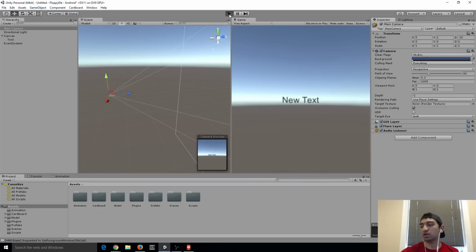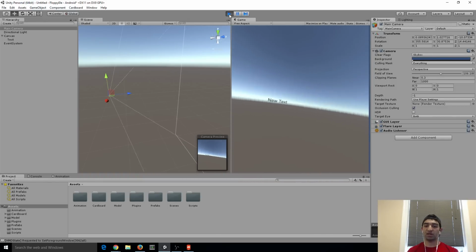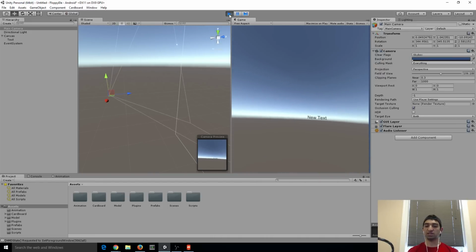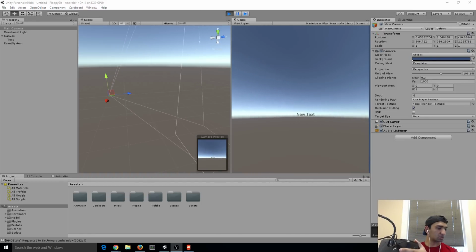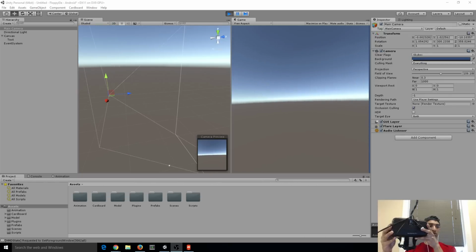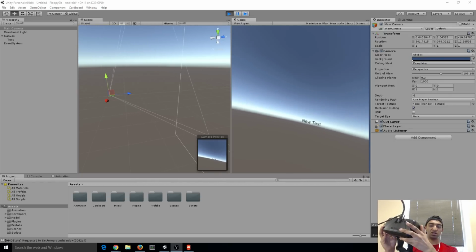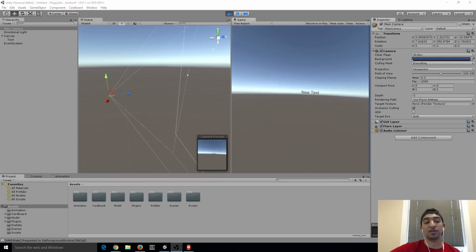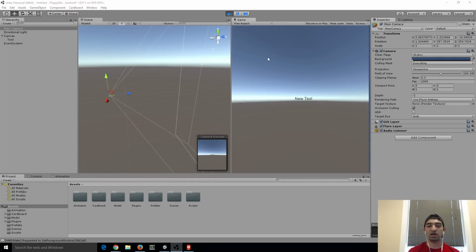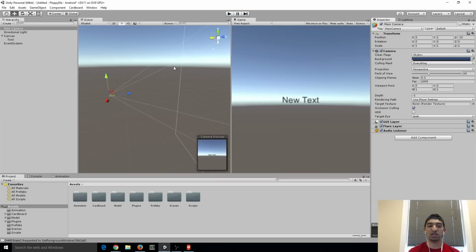For example, if I run this right now, and since my Rift is connected, that main camera is basically controlled by this DK2. I don't know if I should honestly be checking to make sure the Rift is in view. There we go. So now the Rift is attached to that main camera. This doesn't work for Google Cardboard, and hopefully soon the Unity and Google team will have that fixed